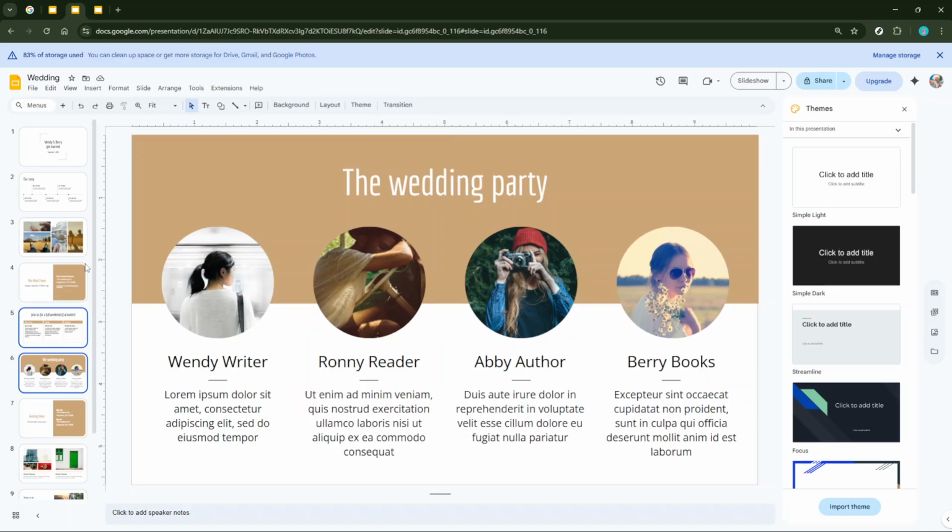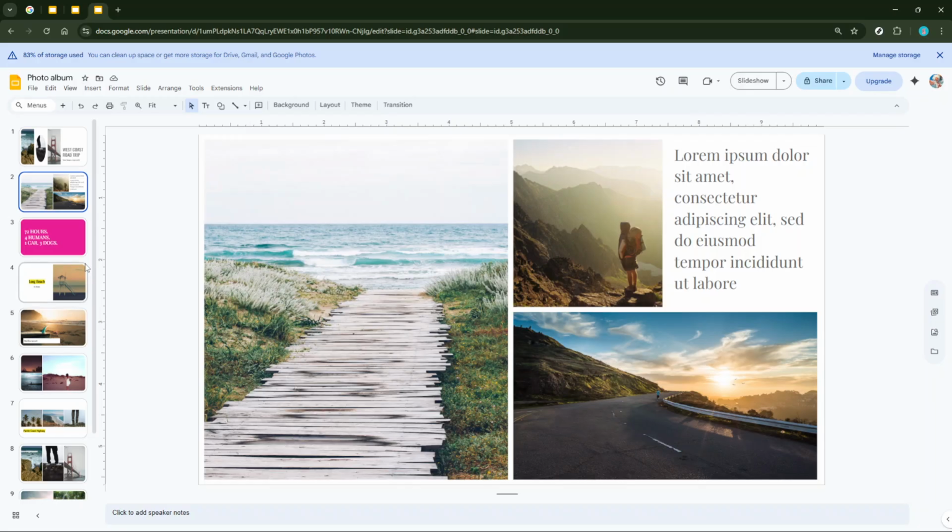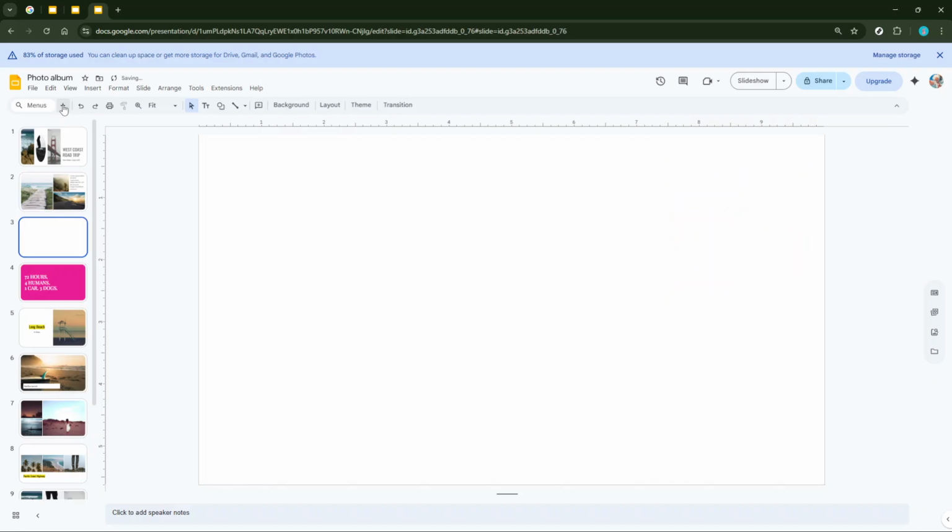Now, let's move on to the destination presentation. This is where you want your copied slides to go. Simply switch over to this presentation by selecting its window from your taskbar or through the PowerPoint interface. In the destination file, direct your attention to the Slides pane located on the left side of your screen. This is where you'll be able to see a list of all slides currently in the presentation.